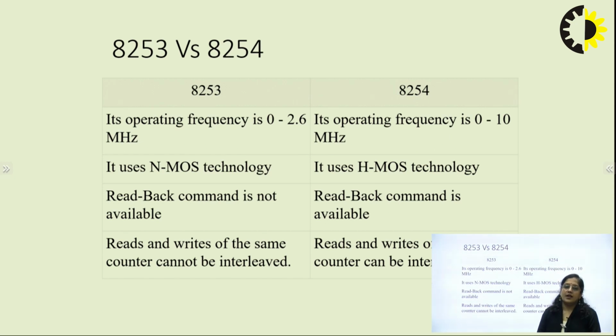Now, in the case of 8253, read and write of the same counter cannot be interleaved. We will see what 8253 is and then find out how this read and write is not applicable in 8253, while it is available with the 8254 IC. So we will